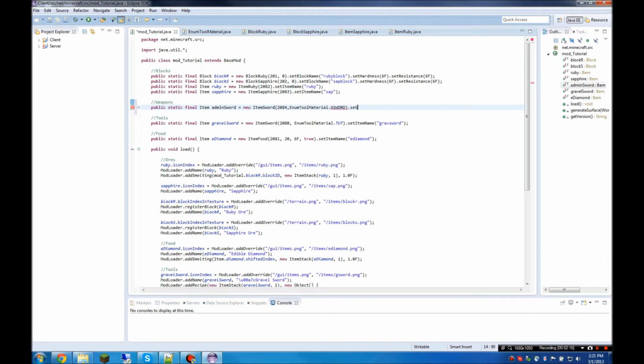Then dot set item name, we're gonna make it, let's see, admin sword, just like that. Alright, so that's, oops, we want to put the semicolon after the parentheses. So yeah, there we go. Now you will get an error here saying